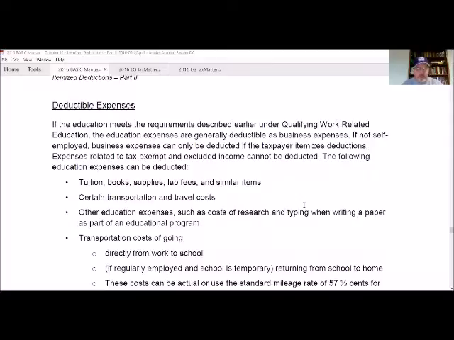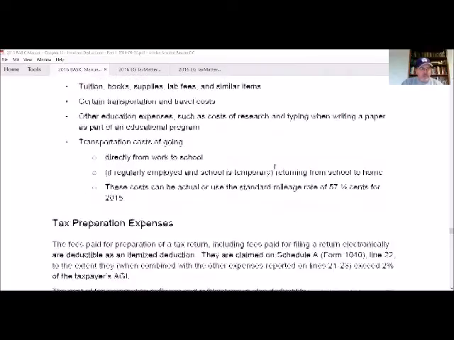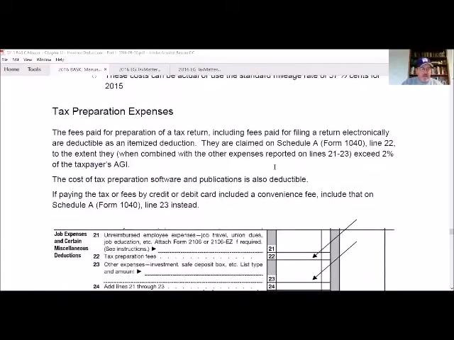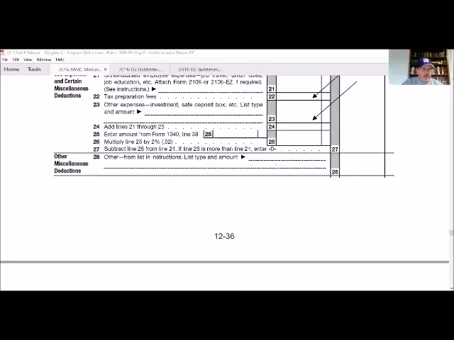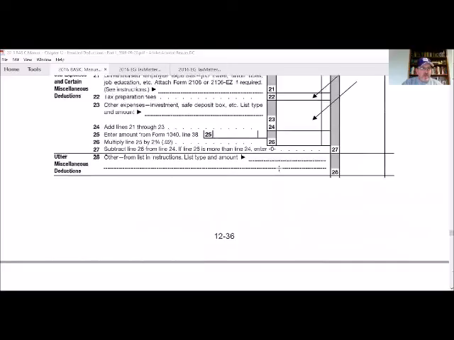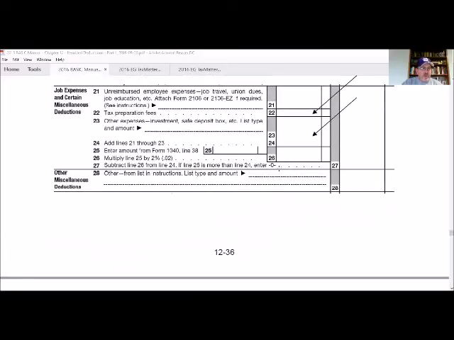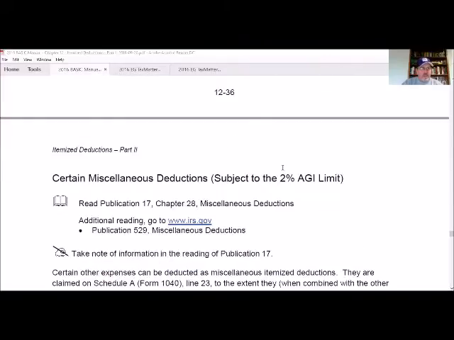Okay. There are some expenses that we can deduct for education. Again, read through these. It has to be things that you do for your job. We talked about tax expenses. And those are things that can go on there. Other expenses can include